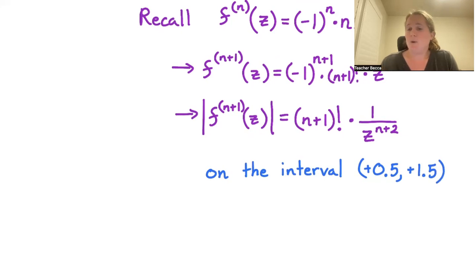The largest this can possibly be, or this gets no larger than if we plugged in 0.5, right? We want as small of a denominator as possible. So on the interval from 0.5 to 1.5, this is no larger than